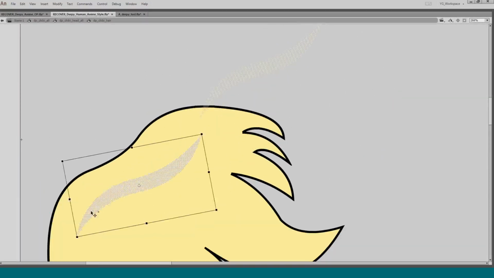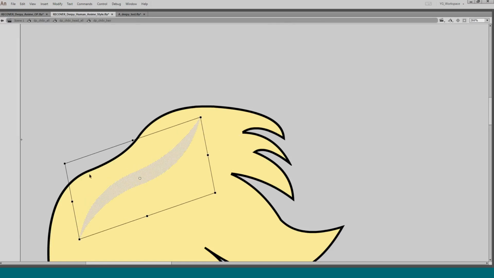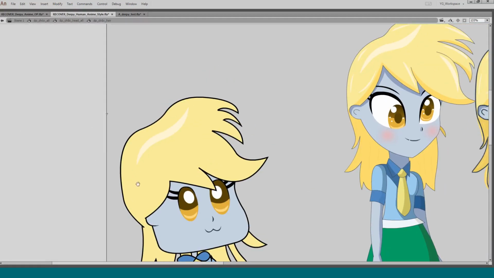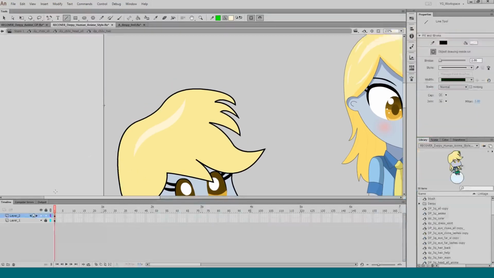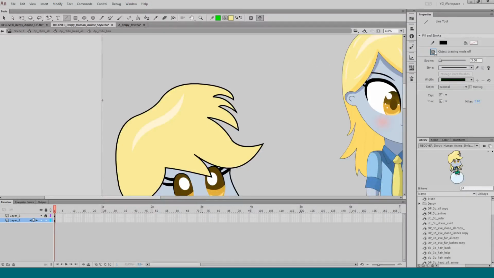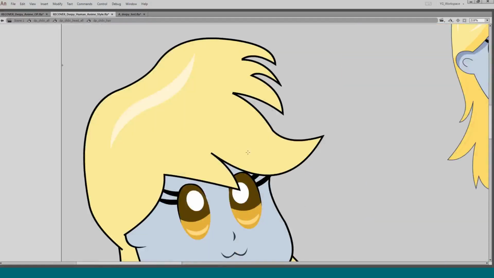Animate a new layer, and I kind of put it in the same place because I kind of tilted her head a bit. I'll adjust it for that, and something like that. Okay. And we'll figure out why it's like that. There we go. It was stuck in a shape mode, and I didn't want that. Okay. So I'll just start drawing all these two-tone layers and kind of basic shading,